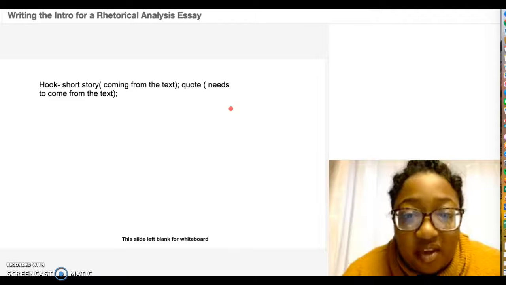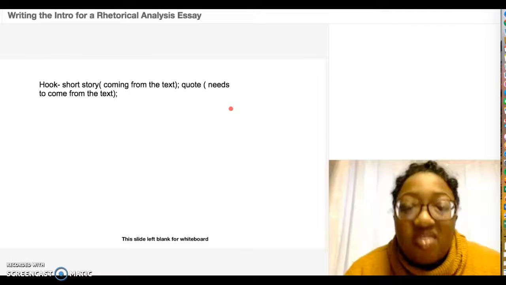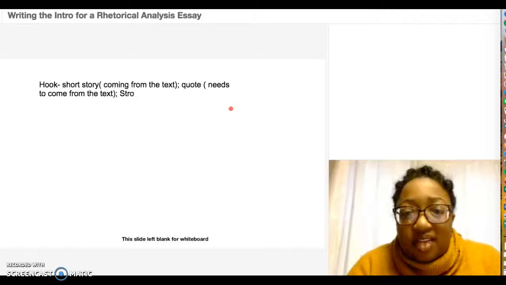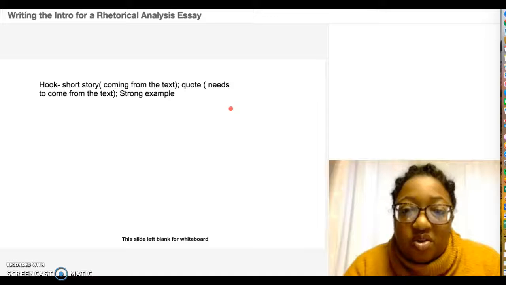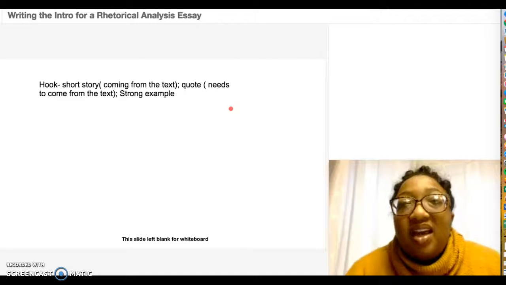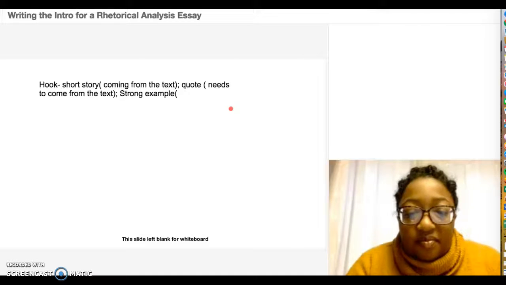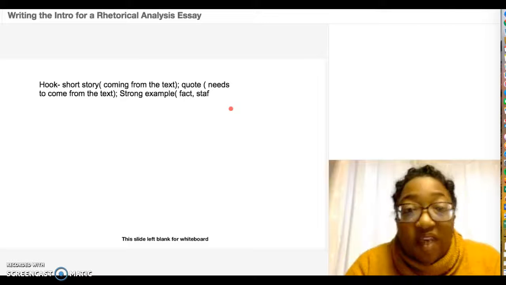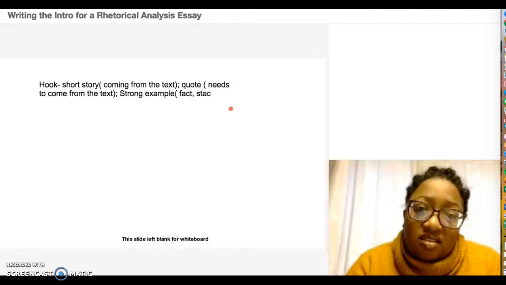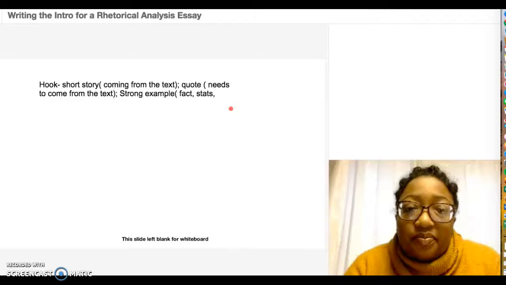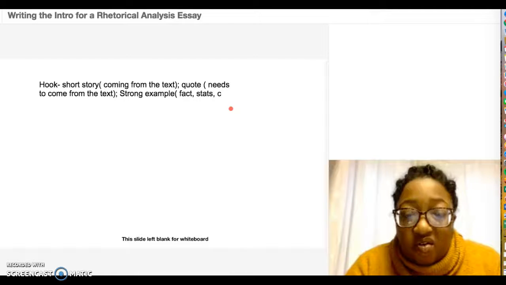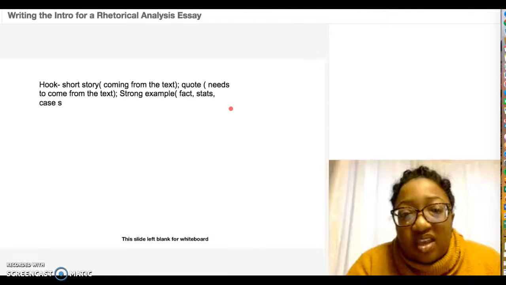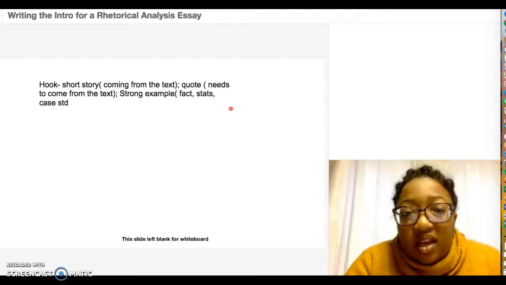One other thing that could end up being the hook could be a very strong example or illustration, which we get from the short story. So an example, maybe it's a statistic or a fact. Something else might be a good example. If you have a case study that you very, very briefly go over, any of those sorts of things would be appropriate